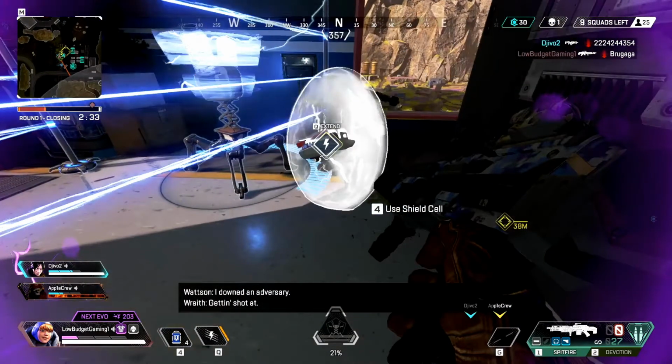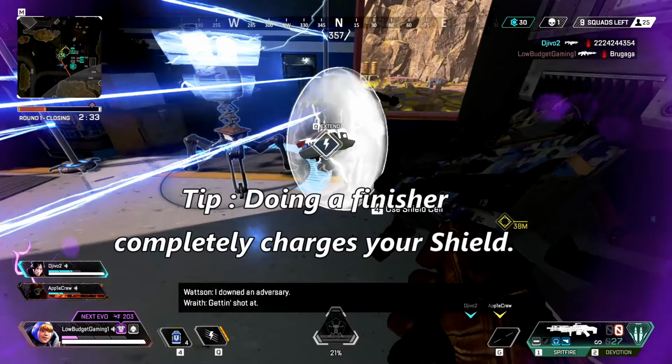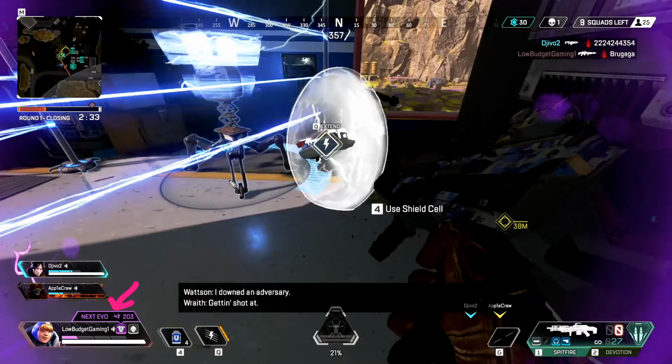Now at this point I wanted to do a finisher to get my health back, my shields back. You can see I've taken 3 bars of damage and I wanted to get my health back up. Since he was alone, I did not expect his teammates to come, plus I had knocked one and one of my teammates had knocked one, as you can see here as well. So we are almost comfortable. However,